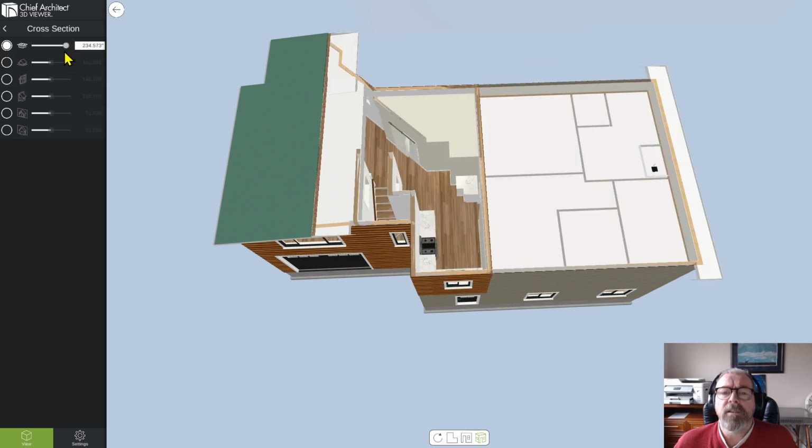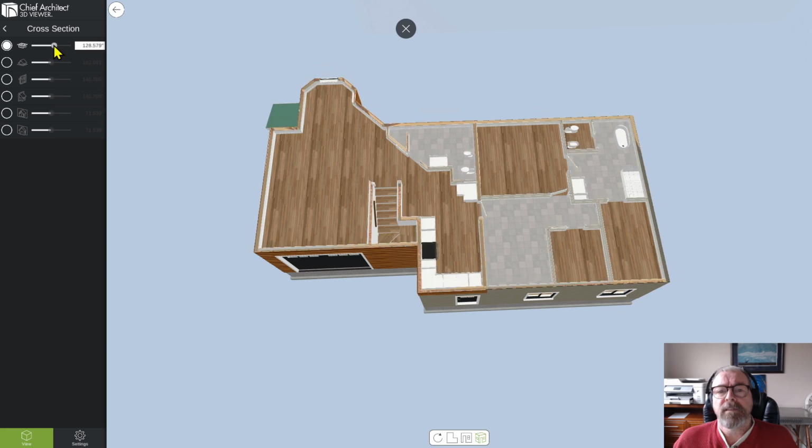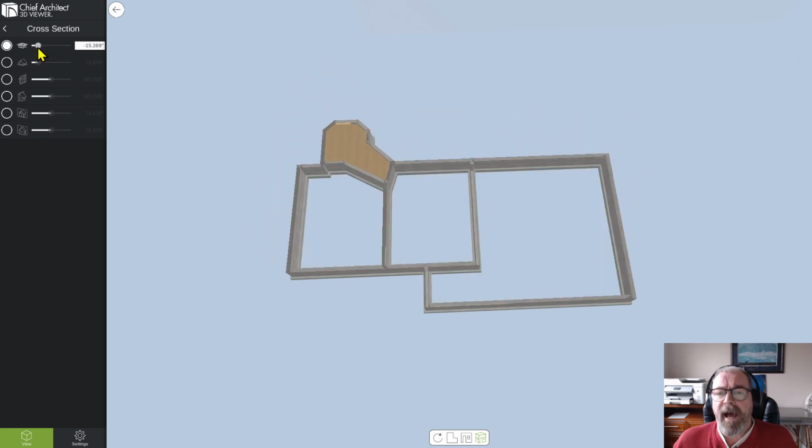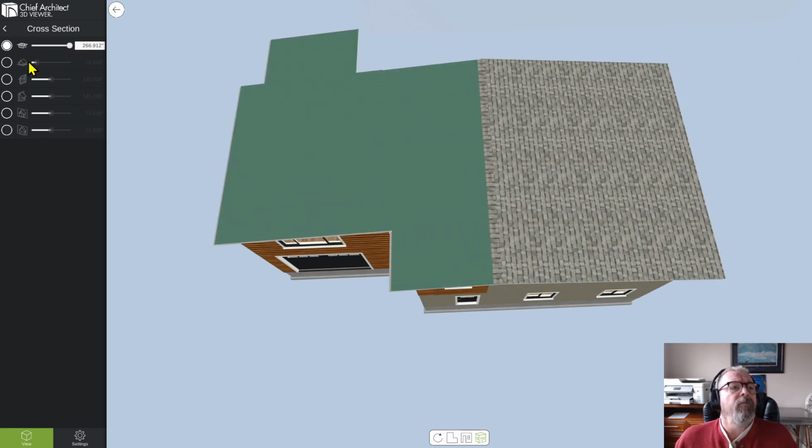What it does is it just peels the roof off. You can look into the existing bathroom. This is where I'm putting the new kitchen in, and that for the alternate too. By doing this, you can view it like that. And here's another way you could do that. If we unclick that and go to this one,